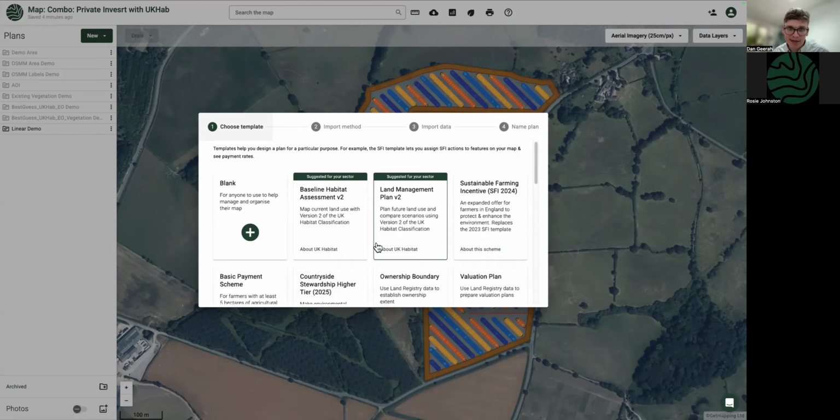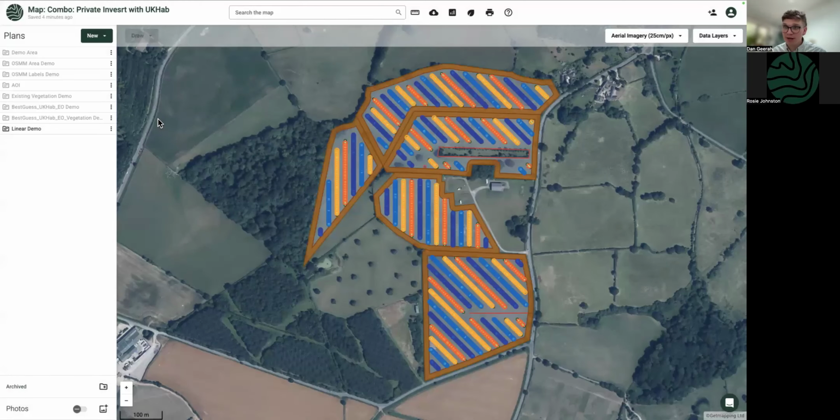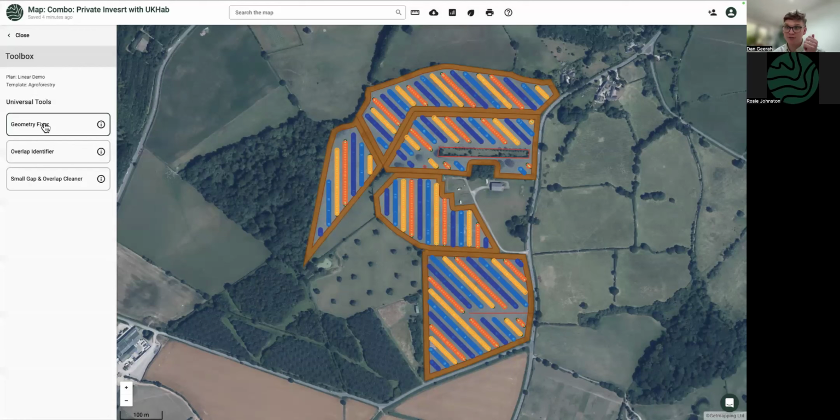Question from Rob: I'm having lots of issues with the buffer tool to subtract shapes. I'm left with random nodes and can't get rid of them. Okay, Rob, depending on how complex your features are, the first tool I would recommend playing with is the geometry fixer. Before you run the buffer, just do the geometry fixer, because there might be some broken geometry that we can fix. If that still doesn't fix it, get in touch with support and add us to your map, and we'll have a proper look at why it is. Apologies if it's been happening more regularly. We did just do quite a big update, so hopefully it's nothing too much to worry about.